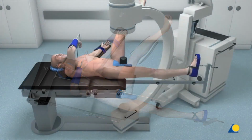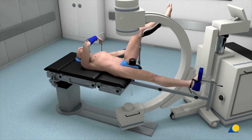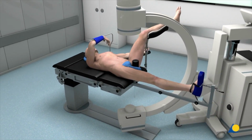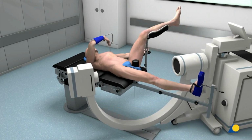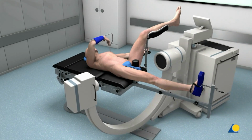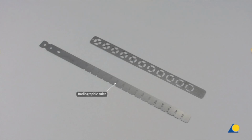canal. The image intensifier is positioned to enable visualization of the proximal femur in both the AP and lateral planes. The unimpeded movement of the C-arm is verified before draping to ensure the efficacy of intraoperative radiographic imaging. The instruments for preoperative planning include the radiographic ruler, length 475 millimeters, and the radiographic ruler for nail diameters, length